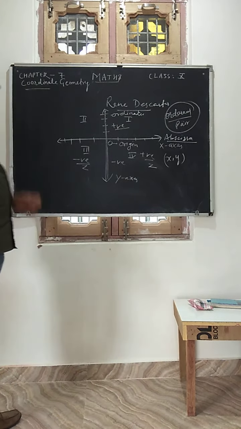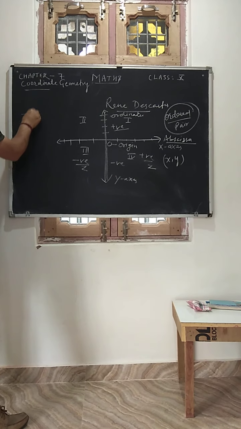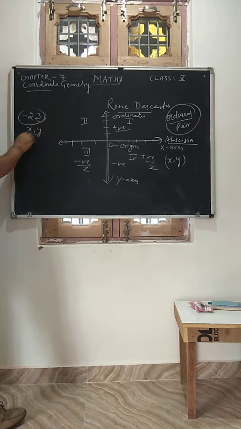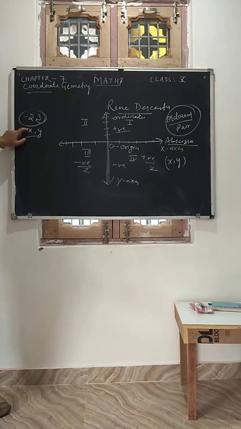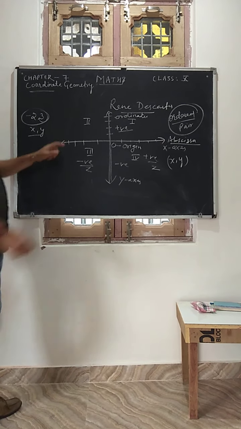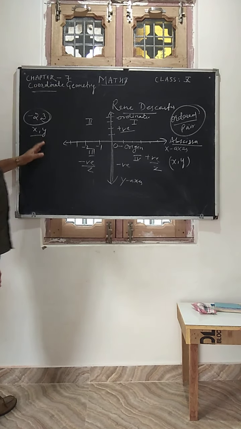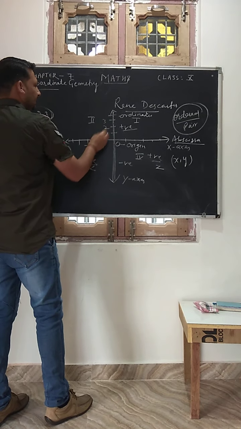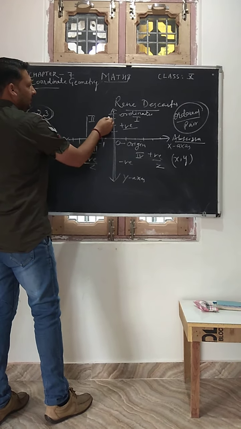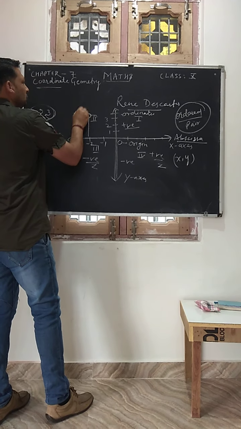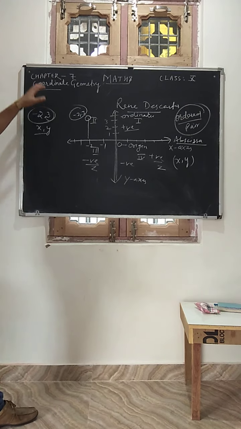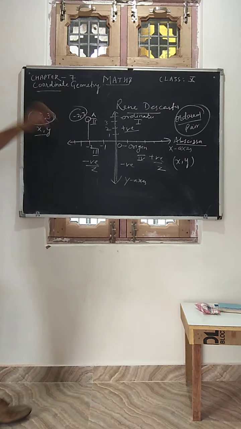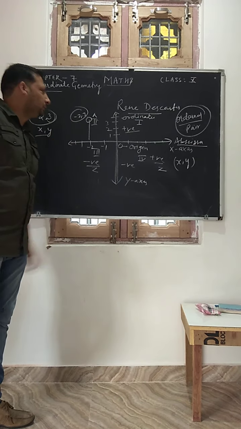Now, my dear students, suppose I want to locate the point (-2, 3). Look, it is an ordered pair. An ordered pair always consists of x and y coordinates. So the first number we always count as x. Observe x is -2, so here -1, -2. Now we have to go up in height. For y, it is 1, positive 2, 3. So where both are joined, -2 goes here and 3 comes from here. This point is called (-2, 3). It is the location of point A. Suppose it is a point A that is represented by the ordered pair (-2, 3).